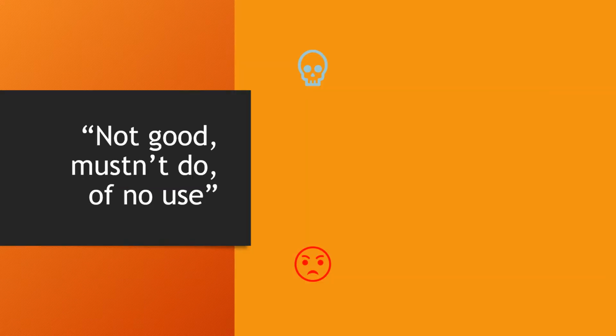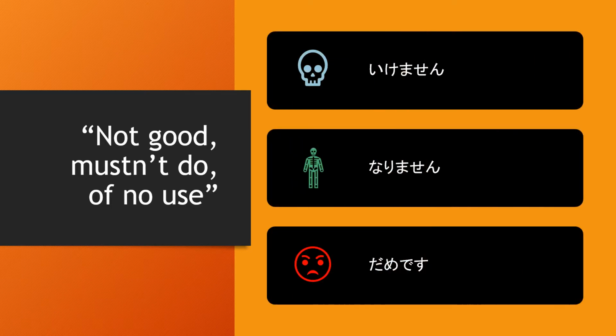Before we get started, make sure you have your exercise book ready and let's copy down the notes. The heading for the notes is prohibition, saying you mustn't or you shouldn't. Underneath that, I would like you to take down the following three vocabs. These three words all mean the same thing. They all mean it's not good, you mustn't do something, or it is no use, it's no good. And the three words are the following.